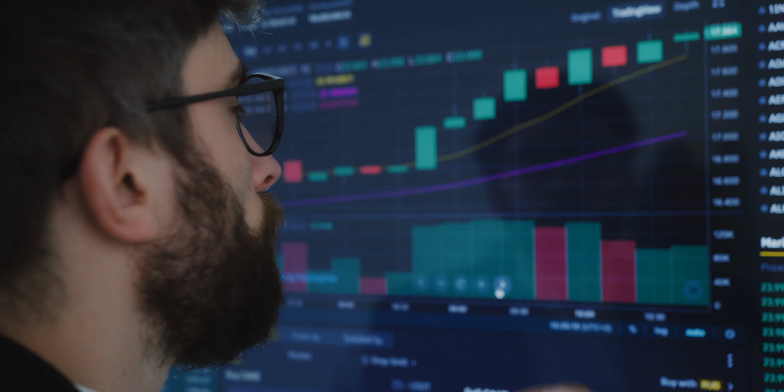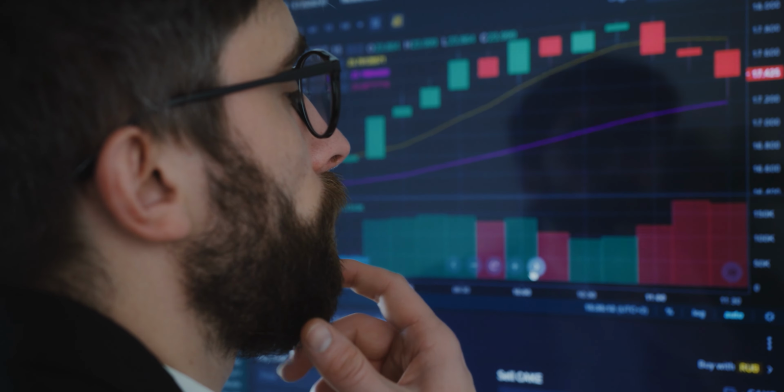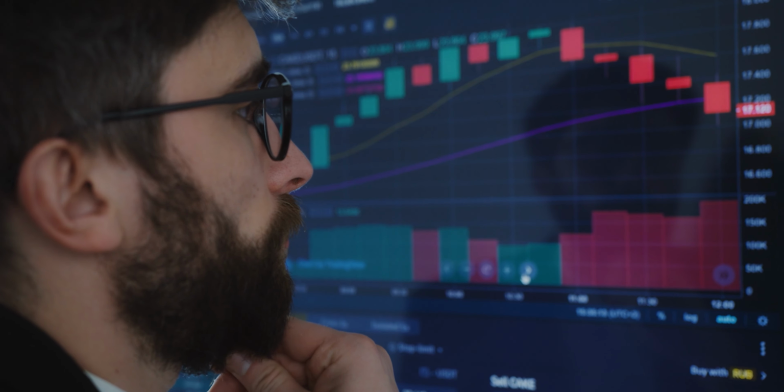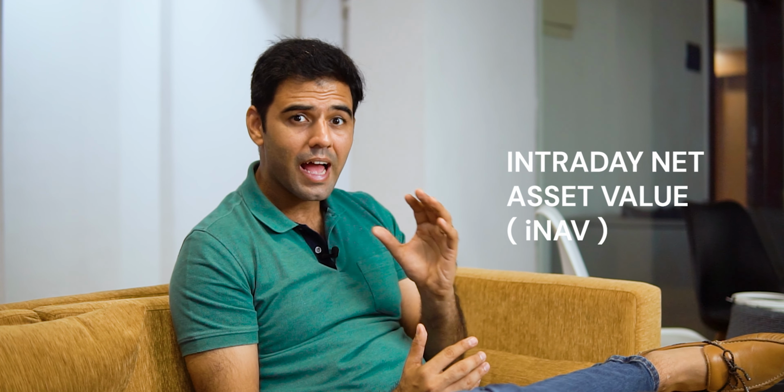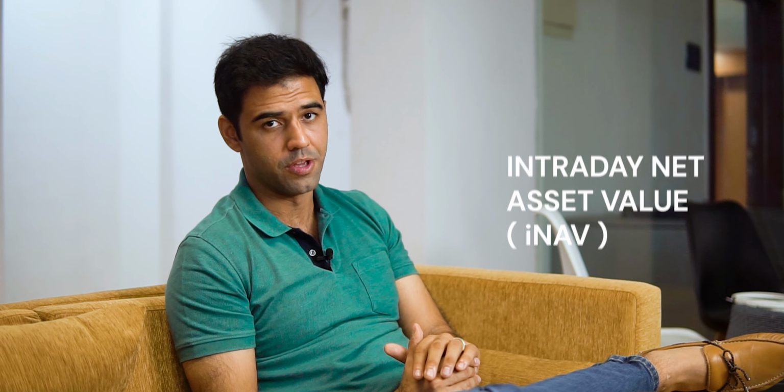Now, when you go out to the market and buy any product, you want to know how much it costs first. Similarly, when you are purchasing a mutual fund or an ETF, you want to know how much it is worth. Now, since investors can only transact at market price, they need some way to assess that the market price reflects the true value of the underlying securities of the ETF. This brings us to the concept of intraday net asset value or iNAV.